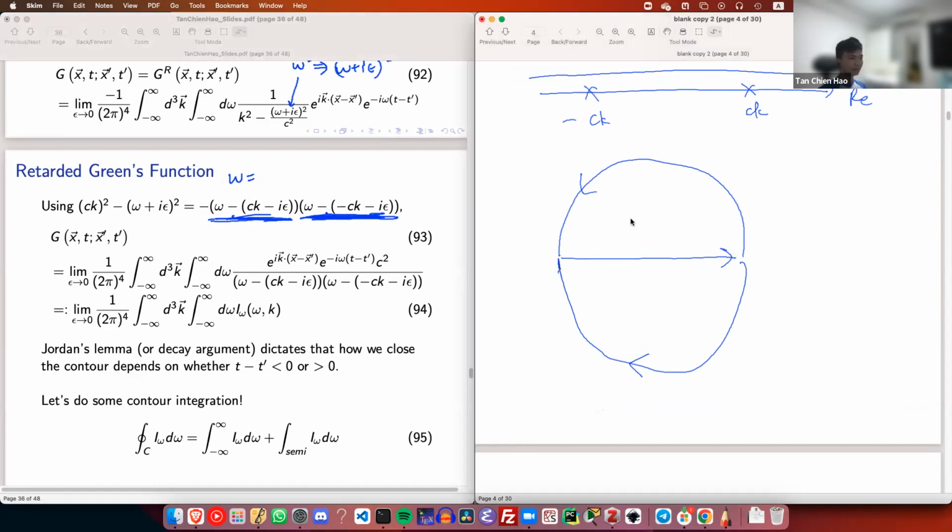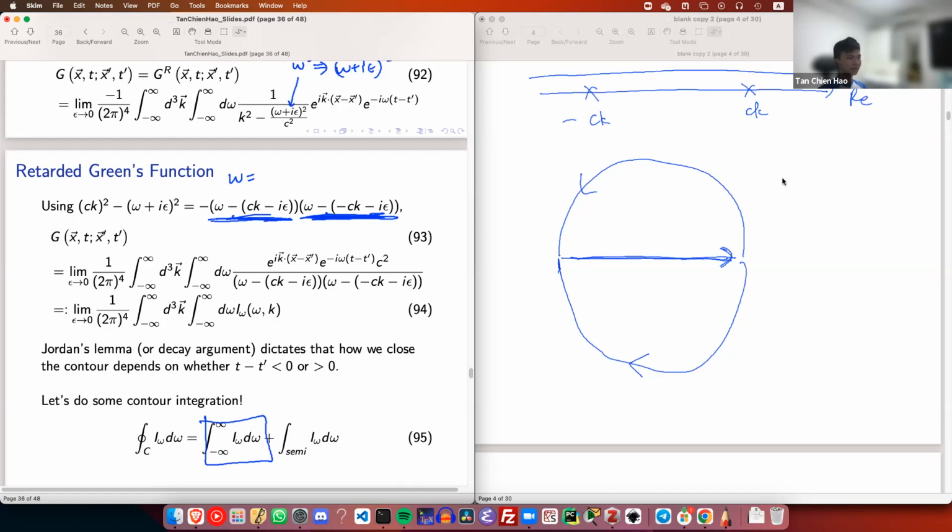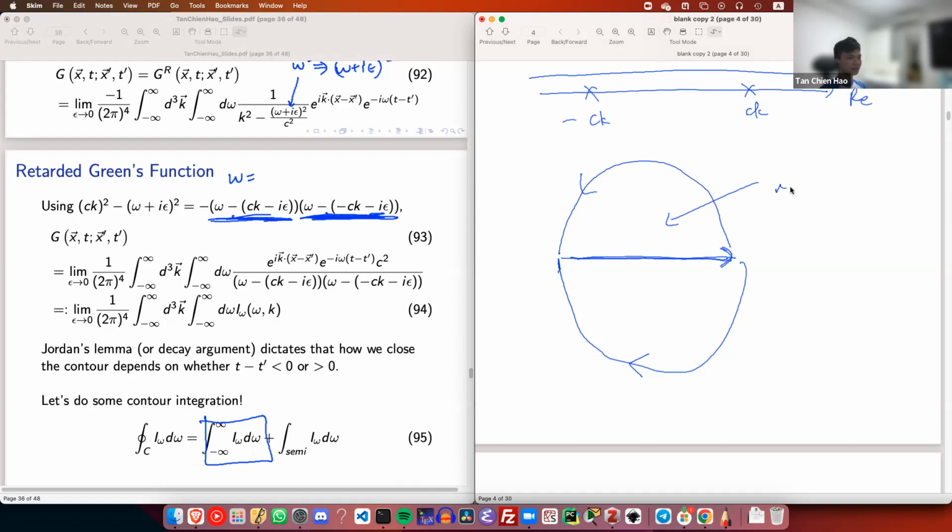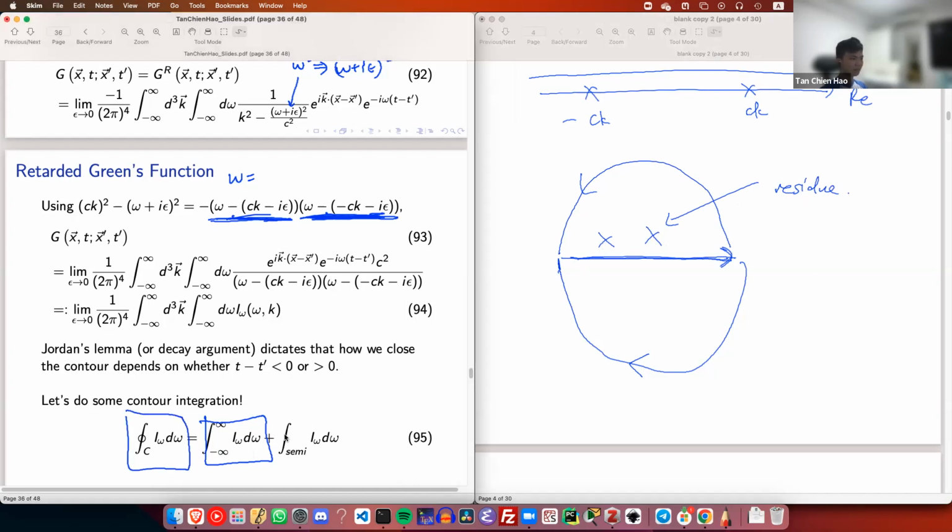I want to close it because this line integral which I want to find is equal to the contour integral, and I can evaluate the contour integral because contour integrals only depend on the residues inside the contour, the poles which it encircles. Contour integrals are easy to do because you can use the residue theorem, and the semicircle one is actually going to be 0 by Jordan's